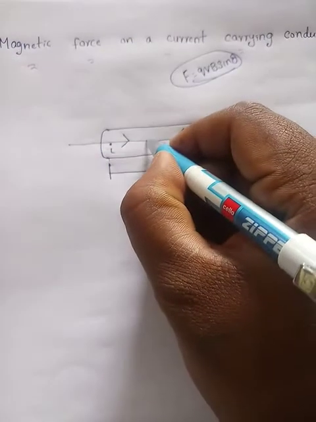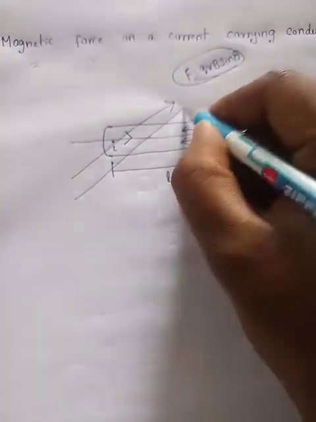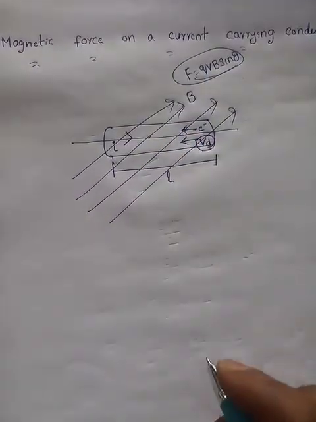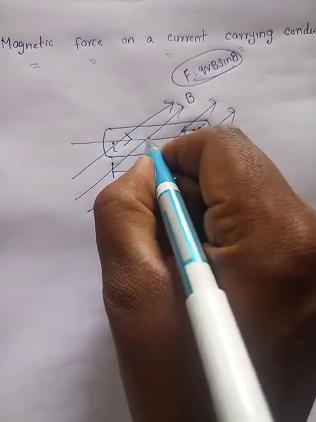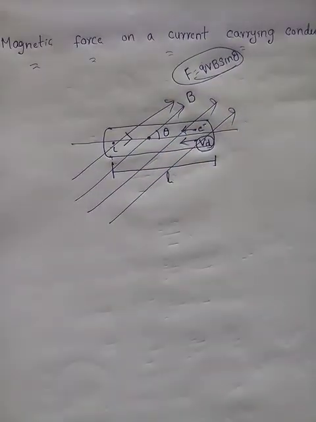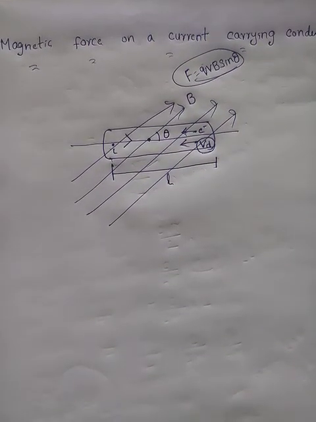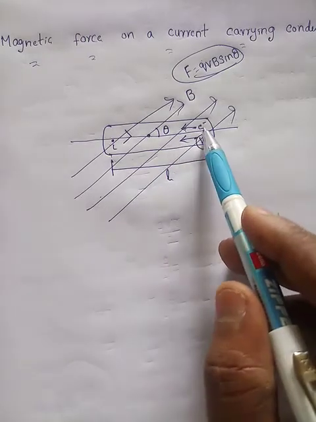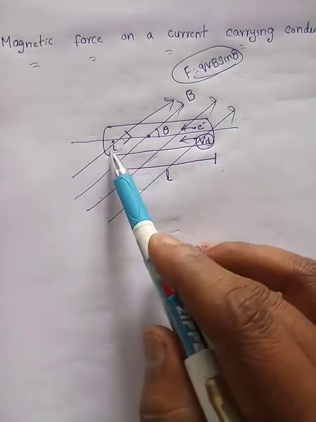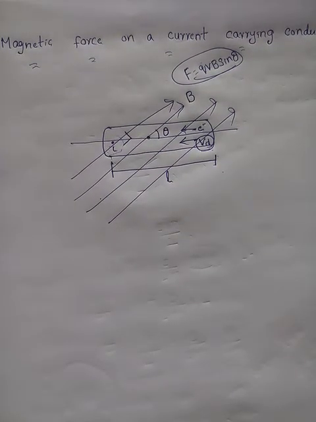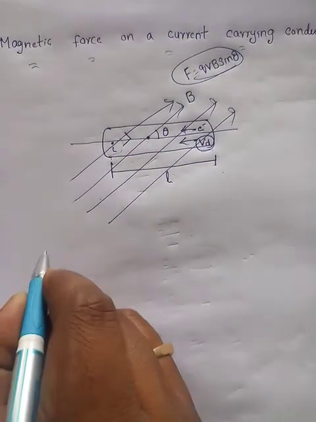So, this is the current direction. Now, let us take the magnetic field. This is the magnetic field, which is pointing outwards. If you take one electron here, it is making what angle with the direction of motion of electron? Theta. So, this is the representation: we consider a conductor having length L. In this, electrons are moving from this end to this end, so the current flows in the opposite direction. If you apply a magnetic field at an angle theta,